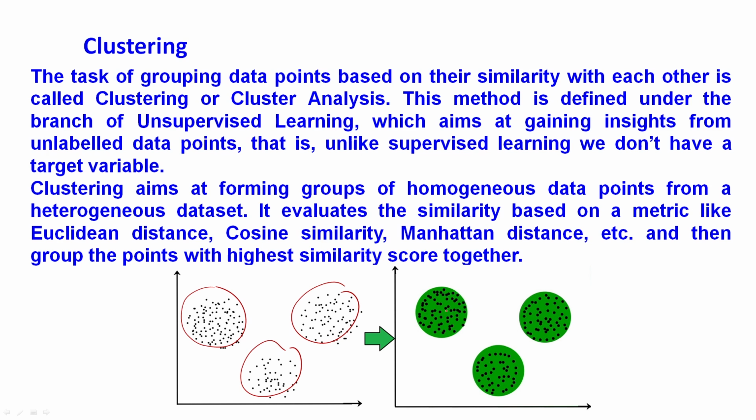I have talked about it in one of the slides, and then it groups them based on this high similarity score together. That is what it is. So, it calculates a certain kind of distance, either Euclidean distance, which you are more used to in coordinate geometry. It can also be Manhattan distance or cosine similarities. Many other similarity parameters exist. I have not put all of them together, but these are the more important. But most of us are more accustomed to, or rather habituated with, Euclidean distance.